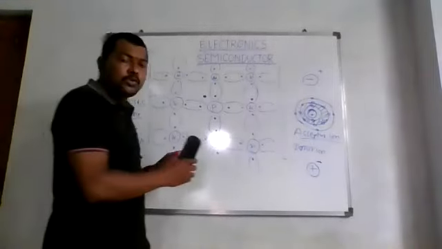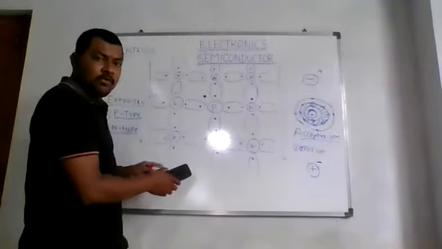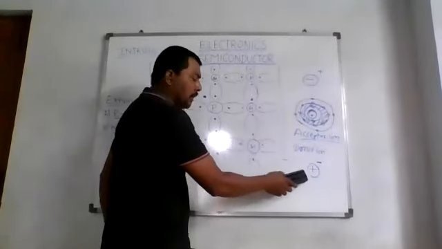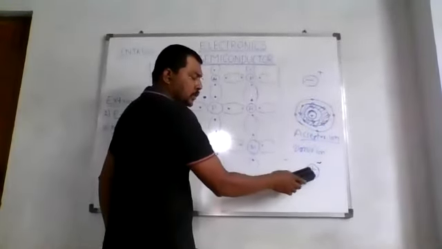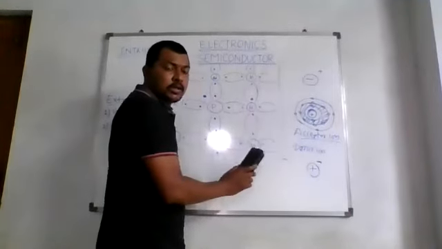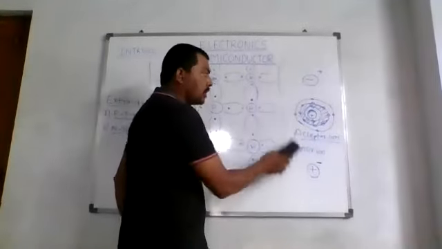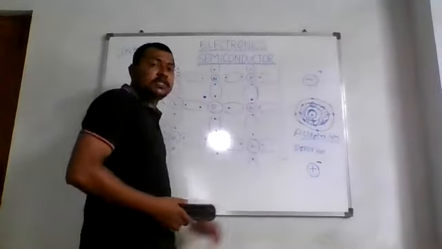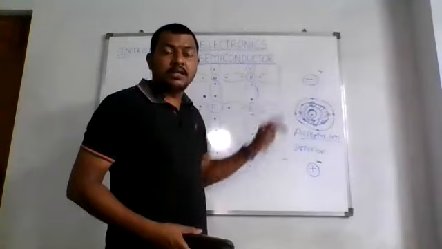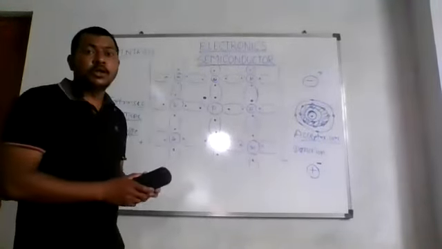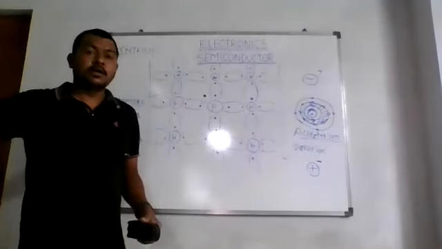Okay, so now we are going to sum up this, and from next time I am going to draw this. When it is a positive ion with a negative charge, you have to understand that this is an N-type semiconductor. Whereas if it is a negative ion with a positive charge, then it is a P-type semiconductor, right? So we'll be using these symbols for the further study.